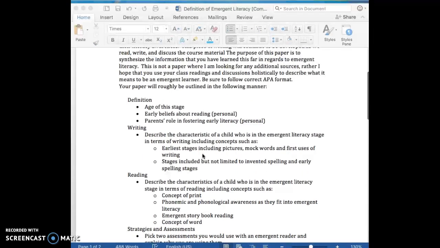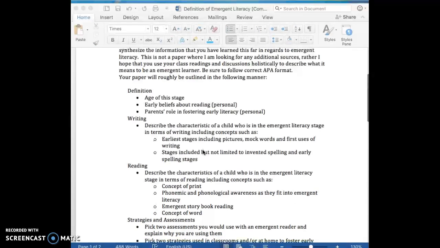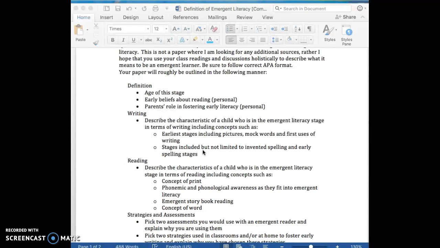Moving into the next section, you're going to begin to talk about writing. So here's where we begin to talk about the things that we've been learning in class and the books and the articles that you've been reading. So within this area, again, you're going to do it in paragraph form. You're going to describe the characteristics or the behaviors of a child who is in the emergent literacy stage in terms of writing. So you'll be sure to include concepts about children who begin drawing and telling stories through drawing,